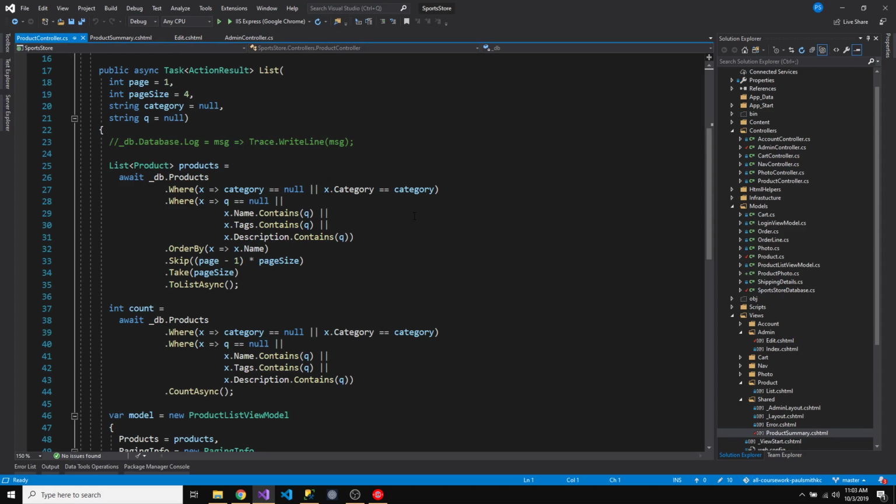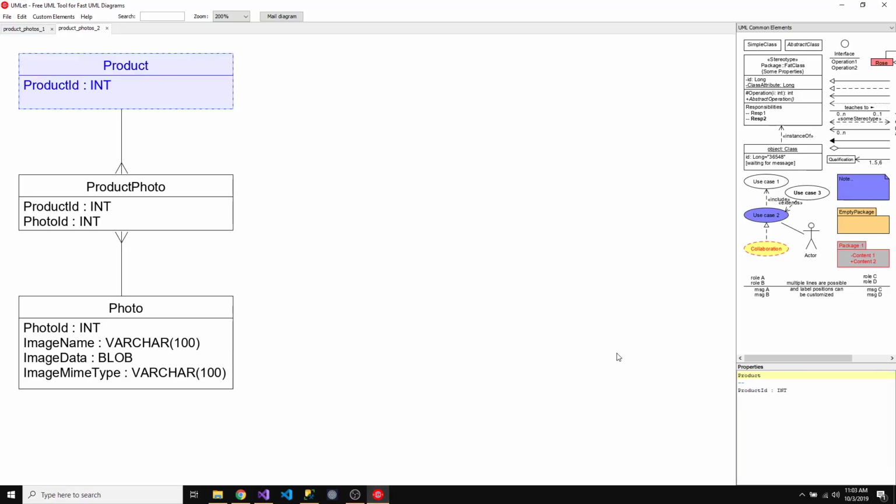Okay. I have another option which I can use, and that other option is to use a navigation property, which we haven't really seen yet. The way that that's basically going to work, let's look at the UML. I'm going to add that to the UML. So the way that that's going to work, so products are linked to more than one product photo. Okay, so in here I'll have a property. I'm going to call it photos,